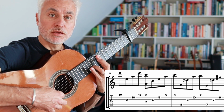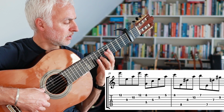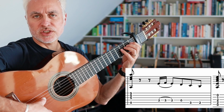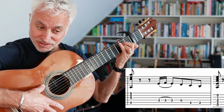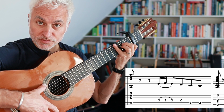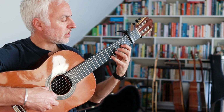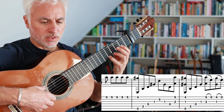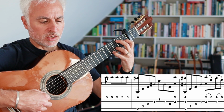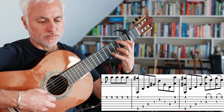And then F7, E7, and then the turnaround is in this middle register again. Just do an A minor like that with the golpe, and that's the end of the verse section. Okay, so the next bit, we start on the A in 5th fret, and then so this is basically an E7 chord,